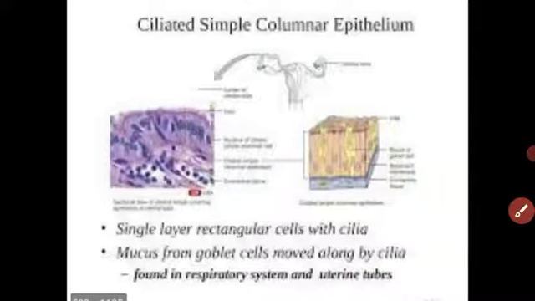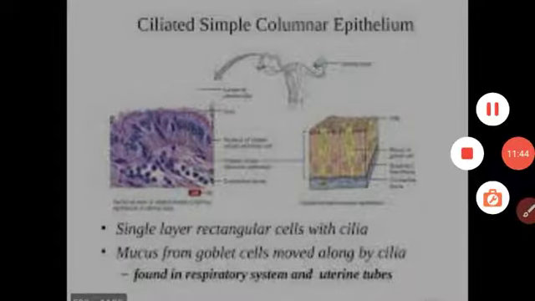Got it, student? What is meant by epithelial tissue? On the basis of shapes, there are 4 types of epithelial tissue: squamous epithelial, cuboidal epithelial, columnar epithelial, and ciliated columnar epithelial. Understood, student? In the next video, we are going to see the next type of animal tissue, the connective tissue. Understood, student? Thank you.